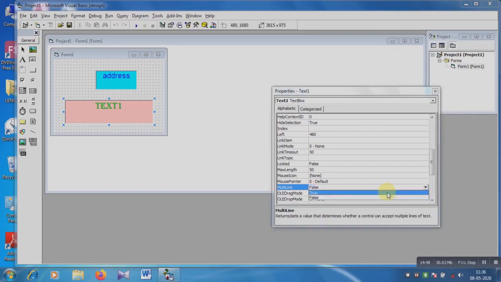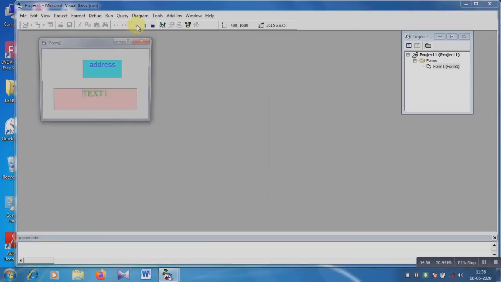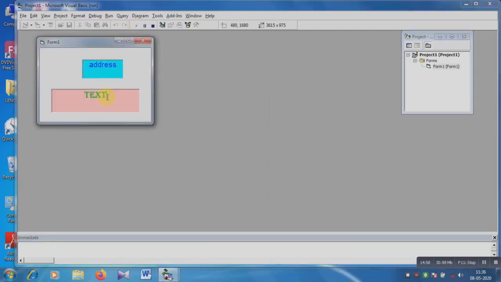I am choosing true, that means we can insert multiple lines. So let's check. See, multiple lines we can insert, but up to 50 only, over that we cannot insert now.